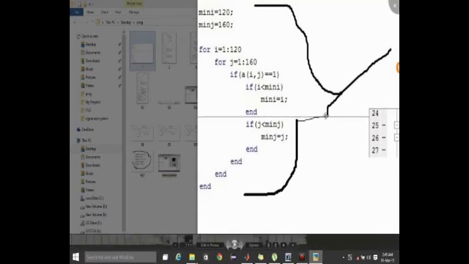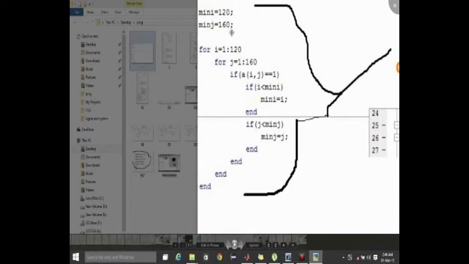In part 4, we are finding the minimum coordinate for skin color. By default we store the minimum coordinate in both axes, x and y. Instead of x and y, we can say row and column. For rows we have 120, and for columns we have 160. We find the minimum row where skin color is detected and the minimum column where skin color is detected. These give us the two values, the point where we want to point using our finger. We initialize these two variables with the maximum values of row and column, that is 120 and 160 respectively.